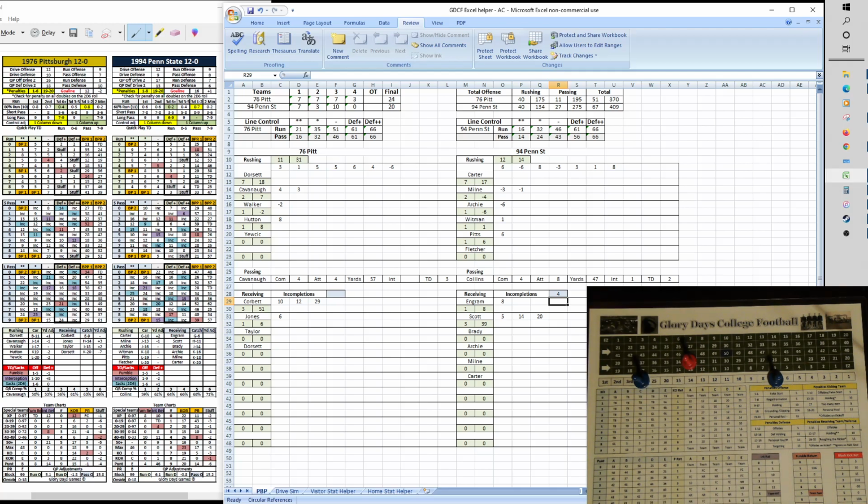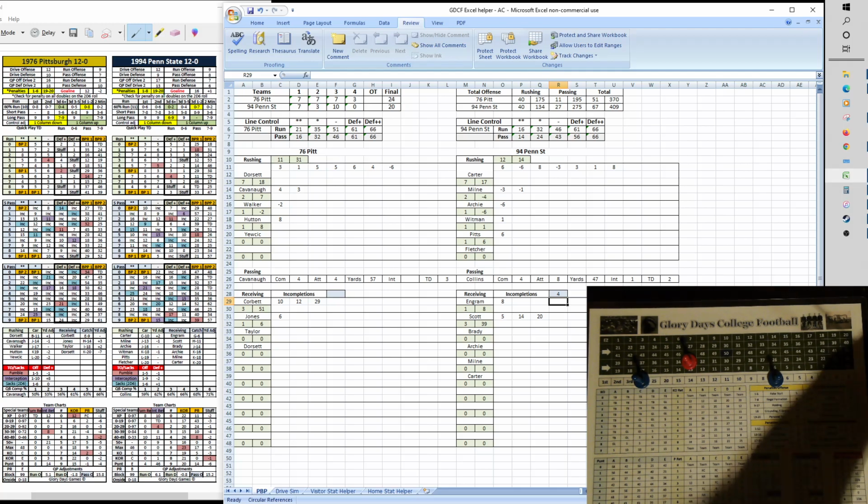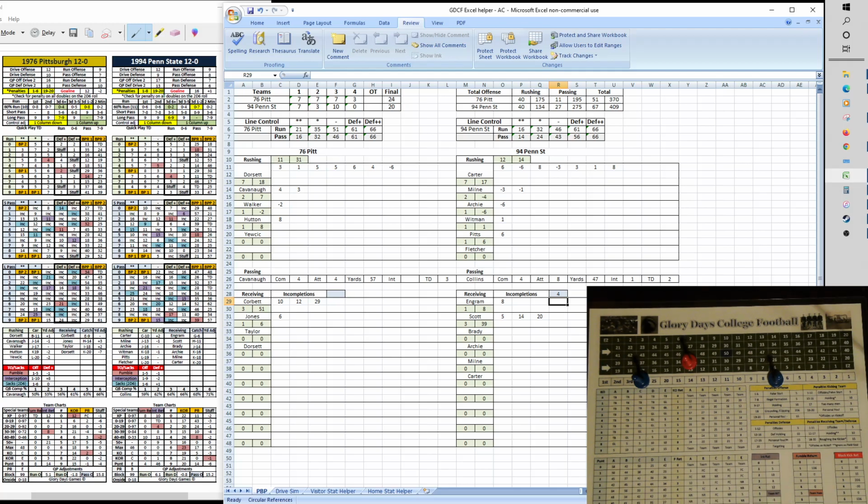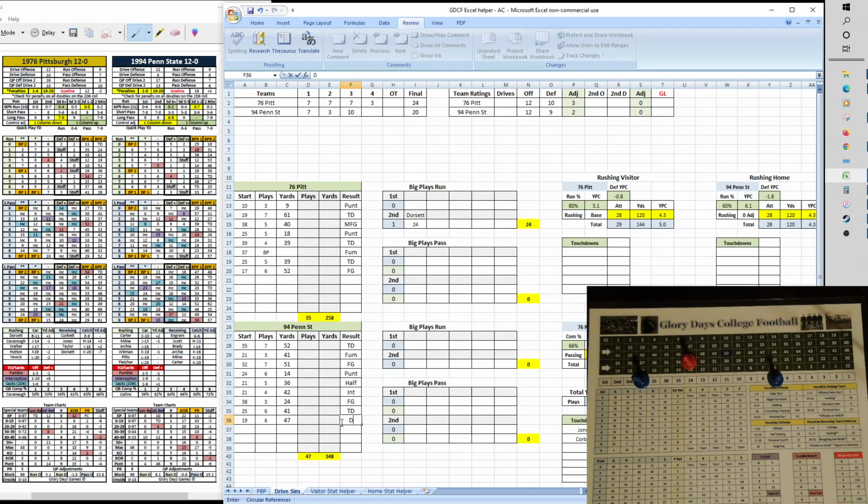This will be a 50-yard field goal, and there is no way they can make this. So they're going to have to go for it here. Early in no man's land, 4th down and 7. And it's going to be a long pass, and that is bad because Penn State is playing that. 36 would have been a stalemate. Instead, it's going to be bumped to the defensive plus column, and a roll of 2 on the Pittsburgh long pass, and that's going to fall incomplete. Turnover on downs. So Penn State, again, doing what they felt they needed to do, and they turn the ball over now, and Pittsburgh